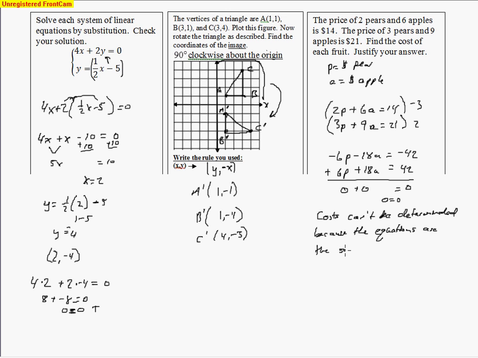And we would need 2 different equations to be able to come up with that answer if we're going to solve a system. If you have 2 unknowns, you must have 2 equations, and we only have 1 equation here because both of these are the same. So cost cannot be determined because the equations are the same, which means